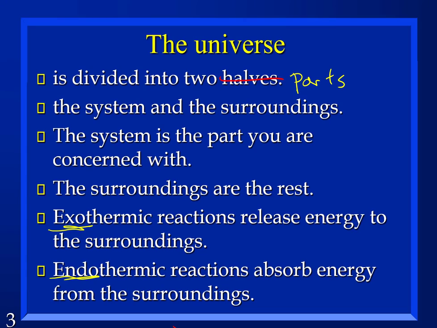From the ice's point of view, the heat's got to come in to melt it. How do you melt ice? You put in heat. So from the ice's point of view, it's endothermic. So I would say you get to pick your system, unless somebody picks it for you, like by asking a question, is ice melting endo or exothermic? Well, if they say is ice melting, they're talking about ice melting being the system. Do you have to put heat into ice to melt it, or do you get heat out when it melts?